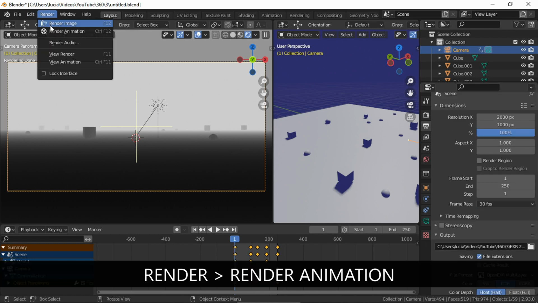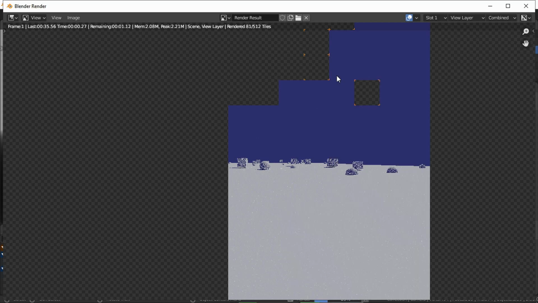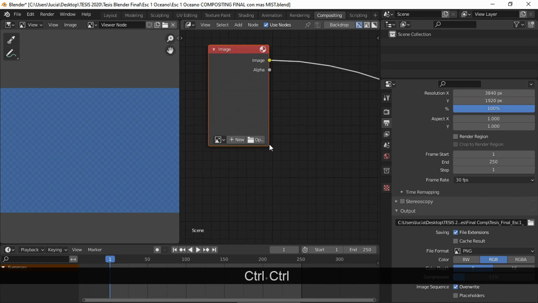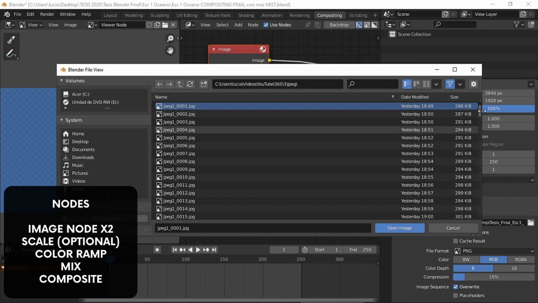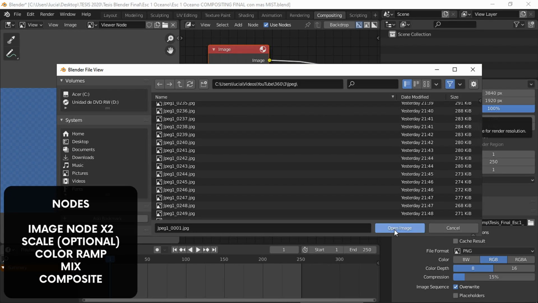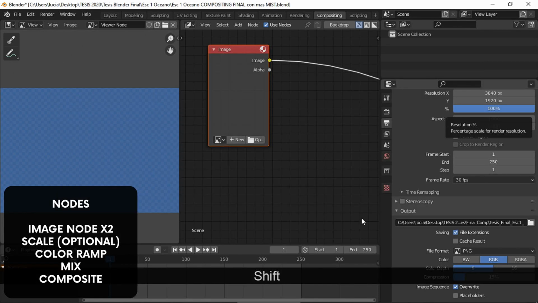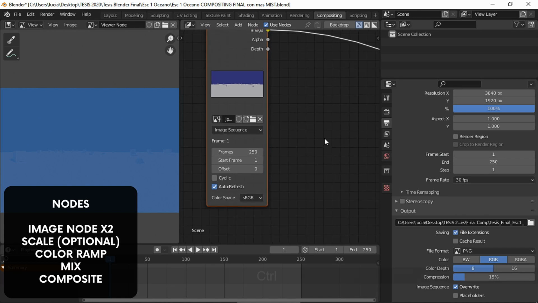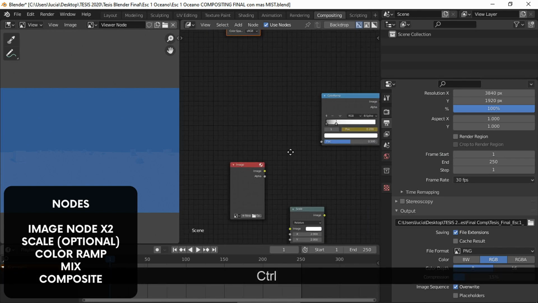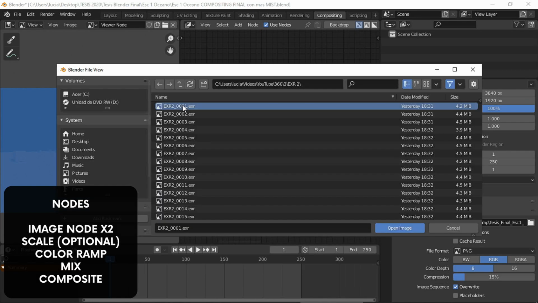Render animation. Now, in compositing, open the JPEG or PNG sequence in an image node, and in another one open the EXR sequence.